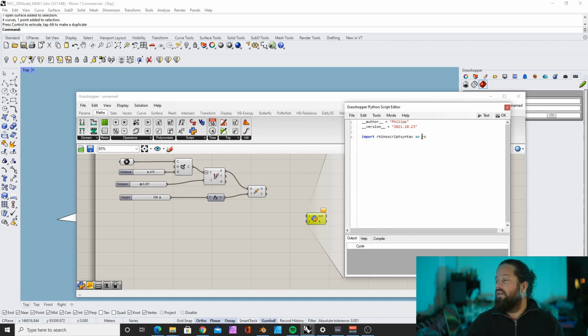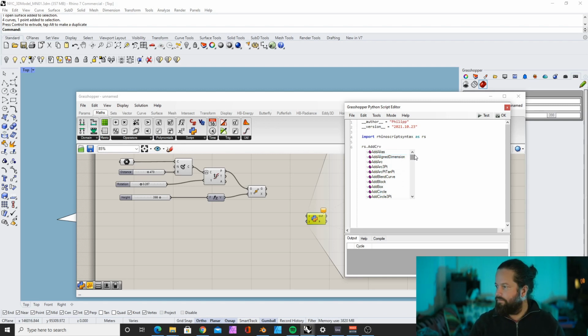In that case, we only need to write rs. What I mean by that is, now when we want to get something from the Rhino script syntax, we just need to write rs dot, and then it already gives us the commands from the Rhino syntax, the objects and commands and definitions and so on. So for example, add